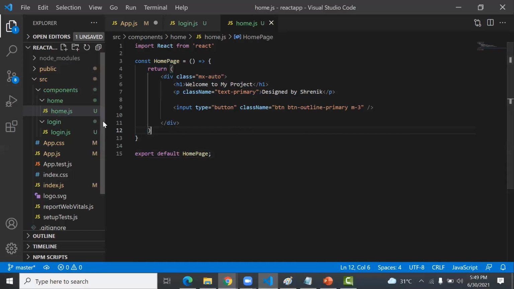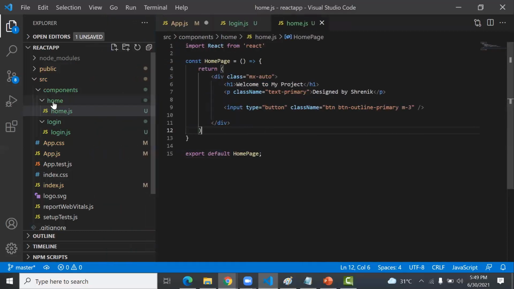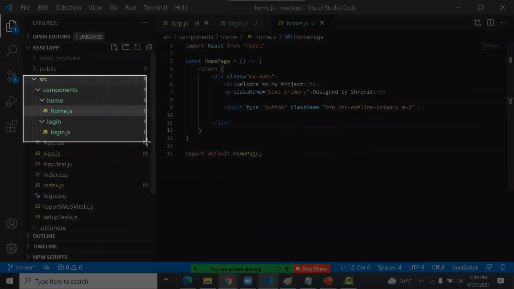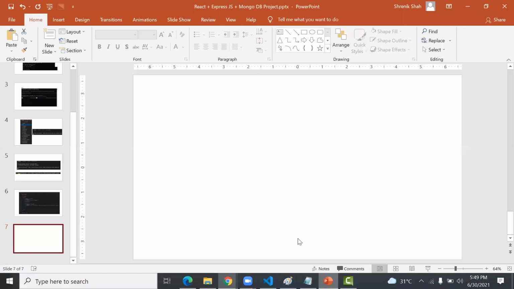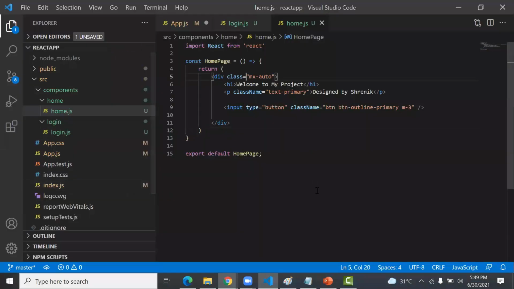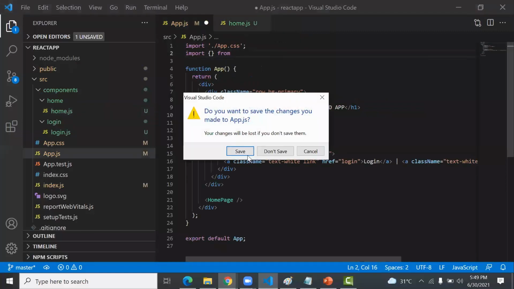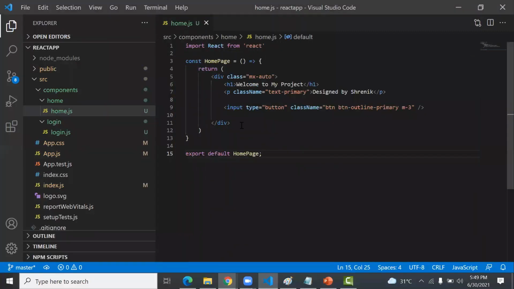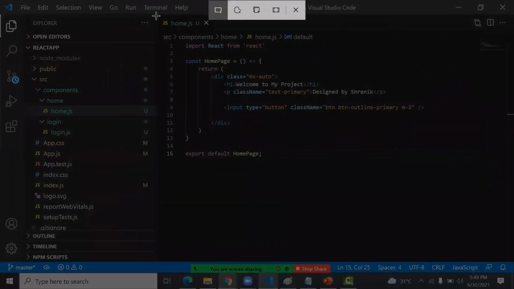So prepare the component called home. Okay, prepare the component called home, and then the next part is you write down this code in the homepage.js. Okay, in the homepage.js, write this code.